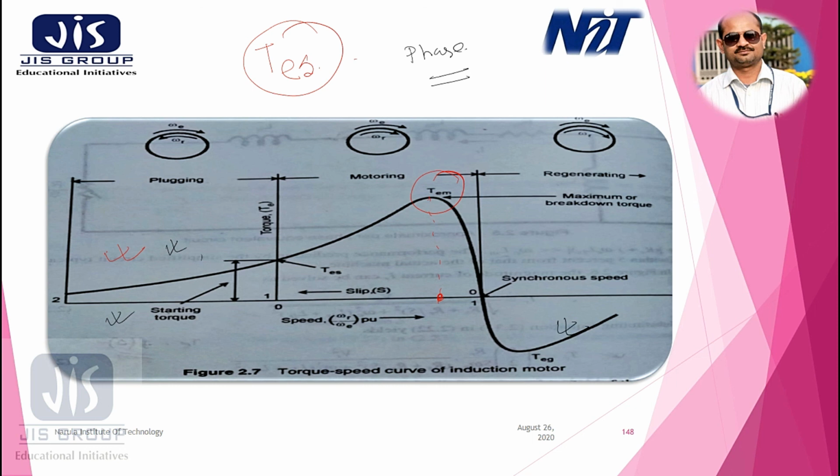And in the regeneration region, that is this region, the machine acts as a generator, and the rotor moves at super synchronous speed. We just discussed this a few minutes back. So the slip becomes negative, creating a negative regeneration torque. Now negative slip corresponds to a negative equivalent resistance Rr by s. So if it is positive, this term consumes power; if it is negative, it will feed power back to the source.